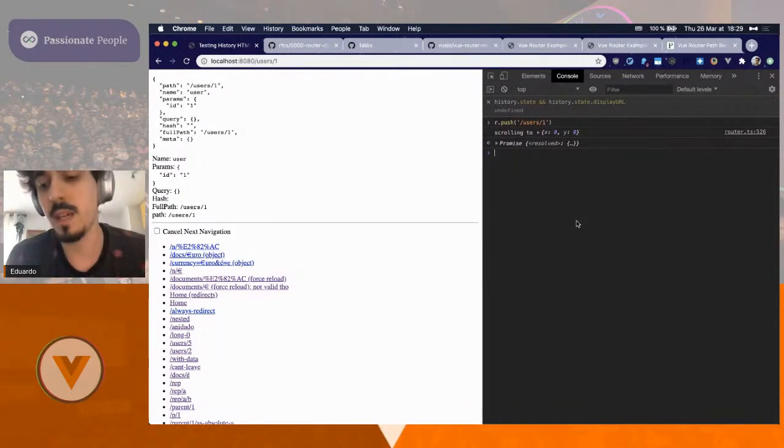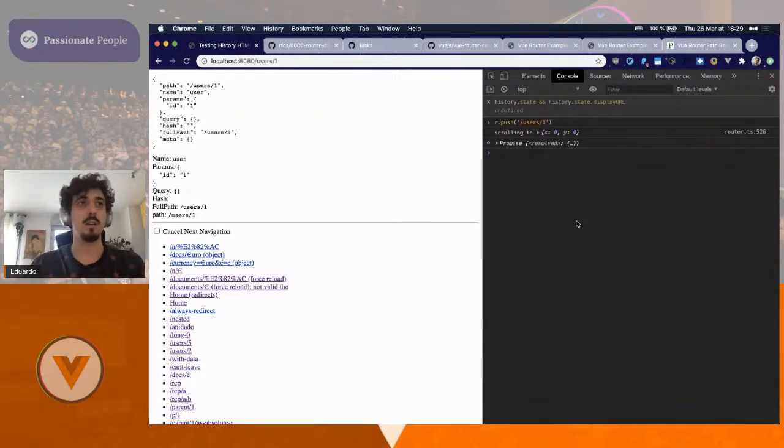So for example, if a navigation starts, let's say you have a navigation guard fetching something, and the user clicks somewhere to go to that page, and while the application is fetching the new user, they realize, oh, I actually wanted to go here. So they click another link. The previous navigation is going to get canceled itself. That's a navigation failure. It's not an error, but the navigation itself failed.